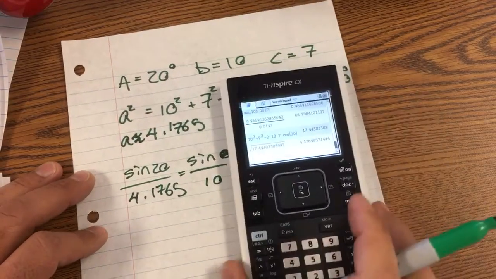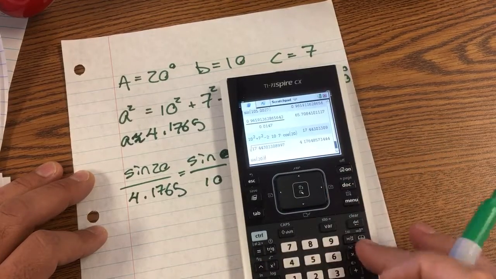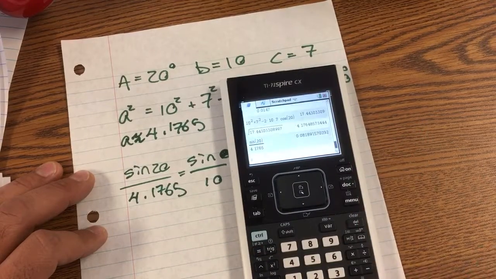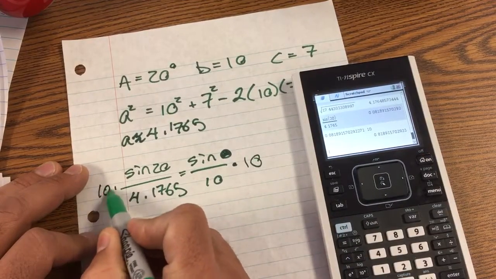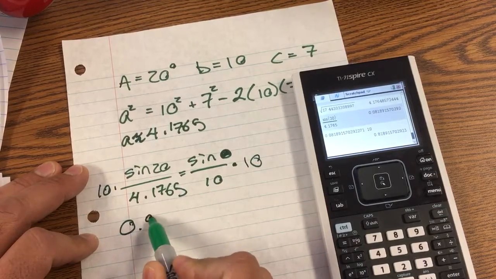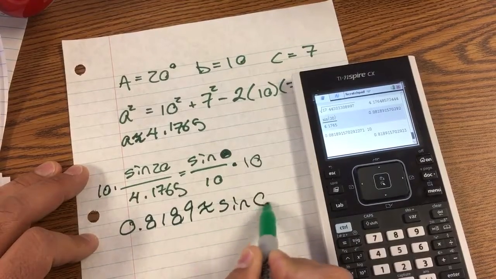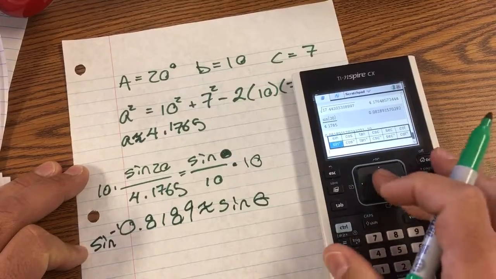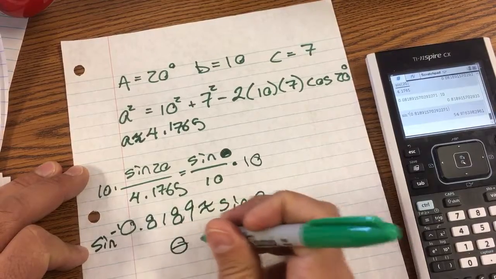So I'm gonna do the sine of 20 divided by 4.1765. I'm gonna multiply that times 10, because that's gonna go times 10. So 0.8189 is approximately the sine of theta. And then I'm going to do the inverse sine of that. Gives me theta is approximately